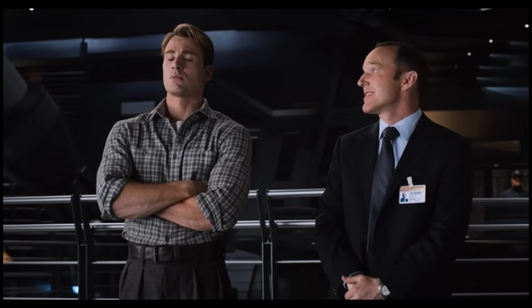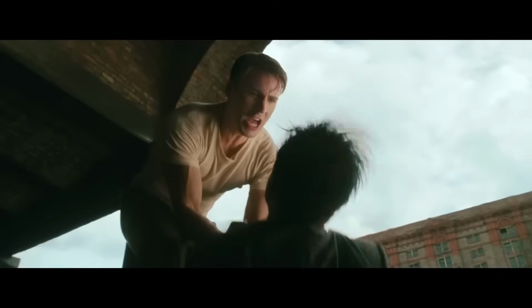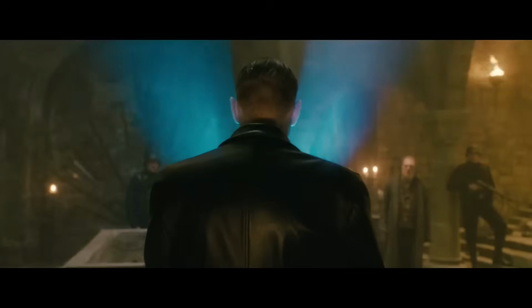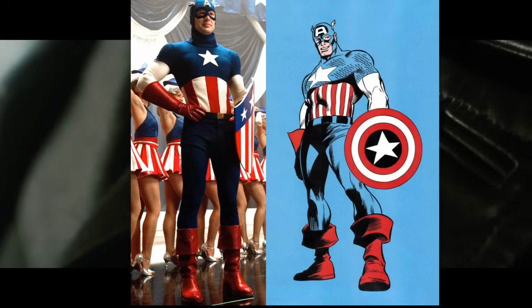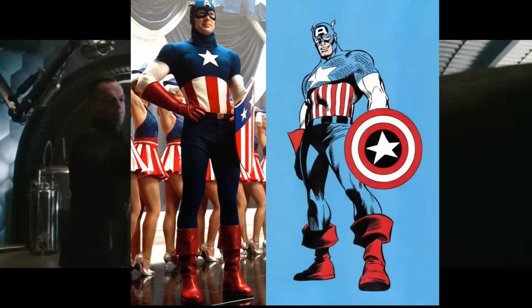My long-winded point is, there is a story behind his costumes in the MCU, and it isn't as simple as, this isn't as accurate. Marvel actually recreated his costume with almost perfect accuracy, but they wove it into the story they were telling in a different way. The 90s costume, on the other hand...